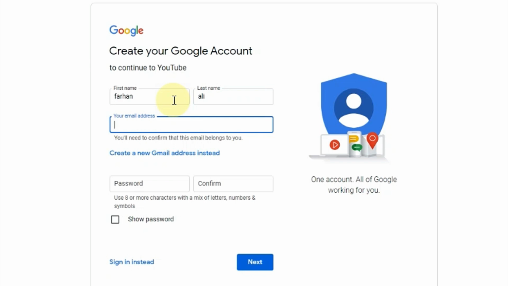Then here it is asking for your email address, but because you are not giving any email address, you need to click here, create a new Gmail address instead. So I click that one. Then here I give the Gmail name, that is, what Gmail ID I want to use. So I type here,